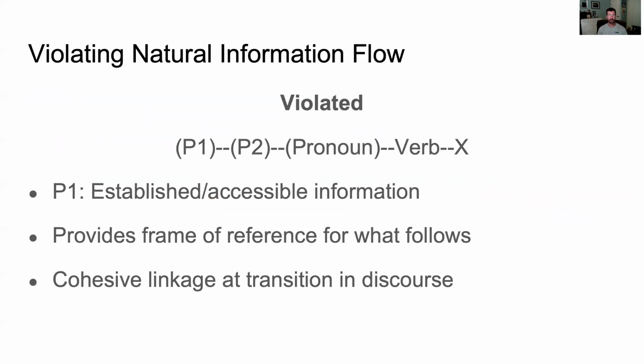So what about violating natural information flow? If we had our default of the verb marking the beginning of the predicate, with natural information flow following, when you violate it, according to Simon Dik, you basically have two optional spots. P1 and P2 is what he called them in his first iteration of this model in 1984. P1 is a theoretical construct to describe established or cognitively accessible information. So established meaning you've read about it earlier in the discourse, or accessible meaning from either your world experience, encyclopedic knowledge,